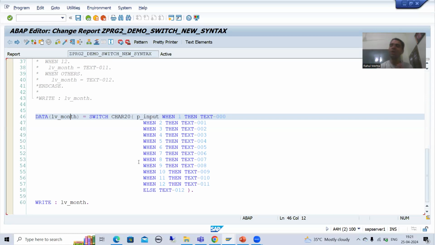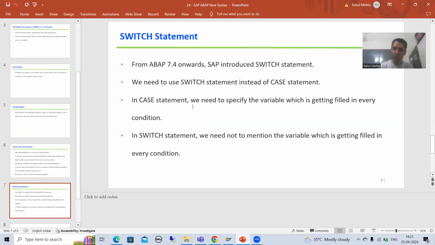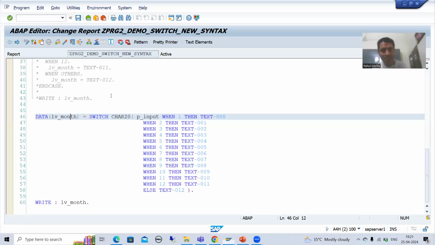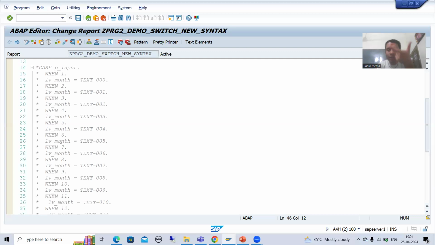So what is the summary of this particular video? In this video, we covered the switch statement. Now SAP is saying you need to use the switch statement as compared to case statement. From performance perspective, both are same. There is no difference. The main benefit is you can get the same to same result by writing less code, less number of lines of code. Because in case of case,